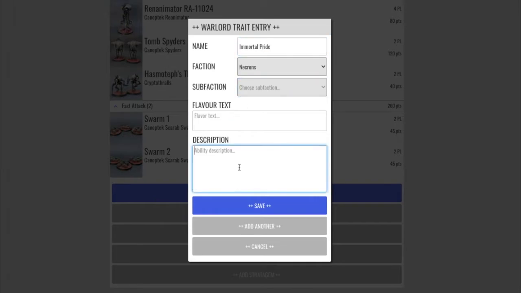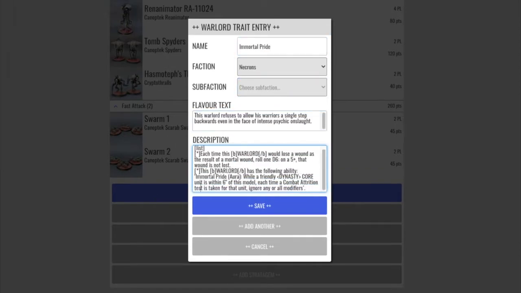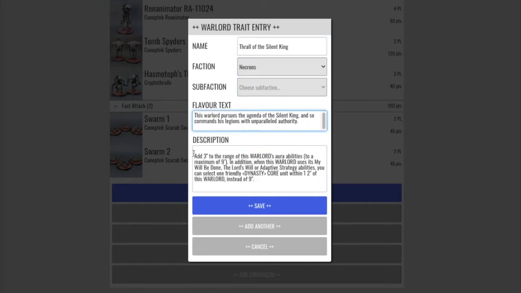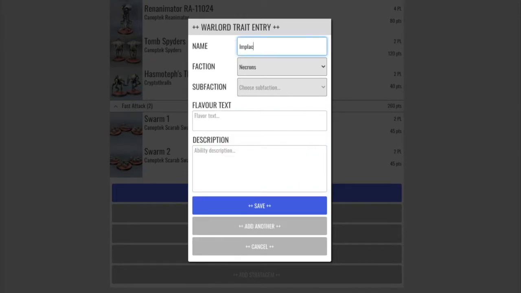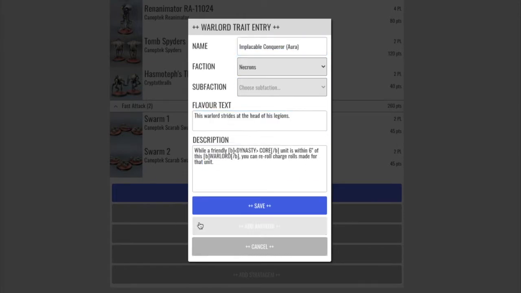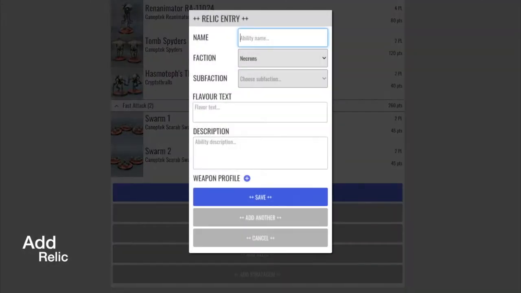But here I'm just going to go through and add all of the warlord traits from the Necron Codex, as well as highlight some of the keywords using bolding. So same thing for relics here. The big difference with relics is you can also add a weapon profile to a relic. So if you click on the plus button by the weapon profile,